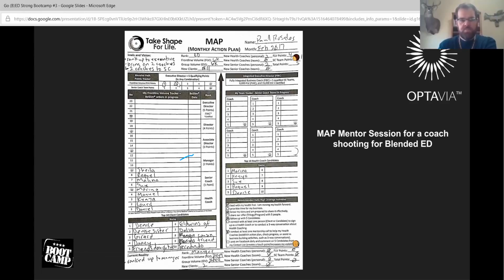You can see he's got 2 points circled up there. That would be check marks now, because we have boxes on those and not circles. And then that month he was shooting for executive director, hoping to bring on it looks like 11 new clients and hit an even 6,000 in frontline volume, which is exactly what it takes to be.